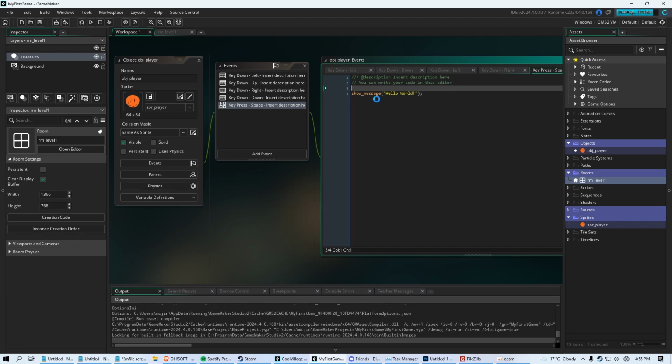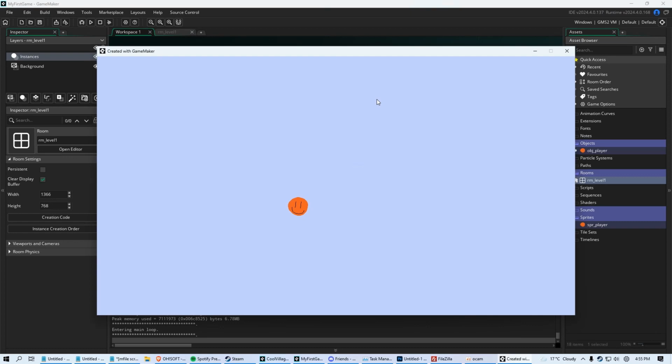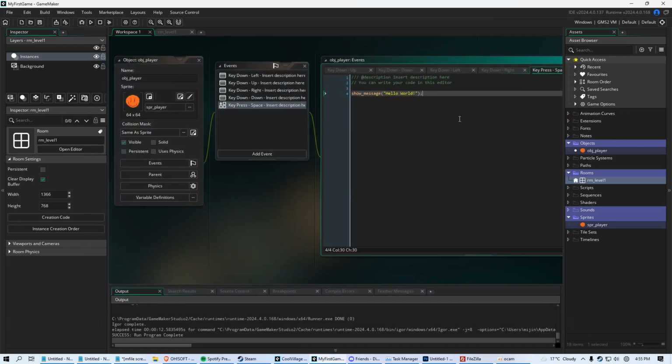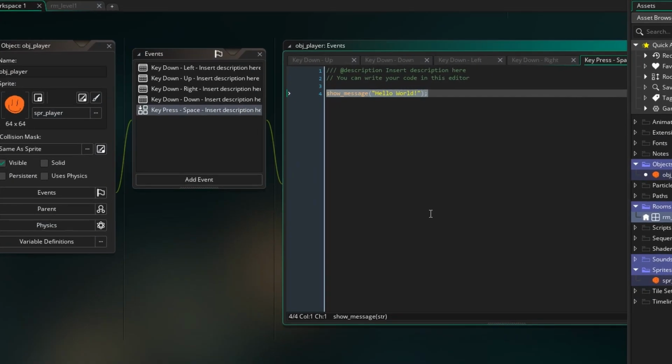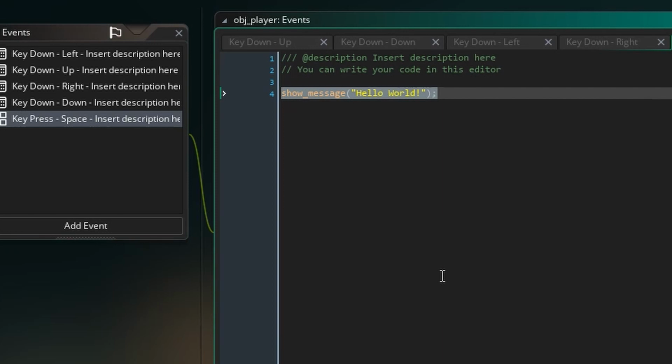Run it with F5, click space, hello world. All right, so we could be walking around, click space, a pop-up. That could say, like, you won the game, or you lost, something like that. We could also make it so that when we click space, instead of that, we destroy our player. So let's say he dies. That would just be this code,